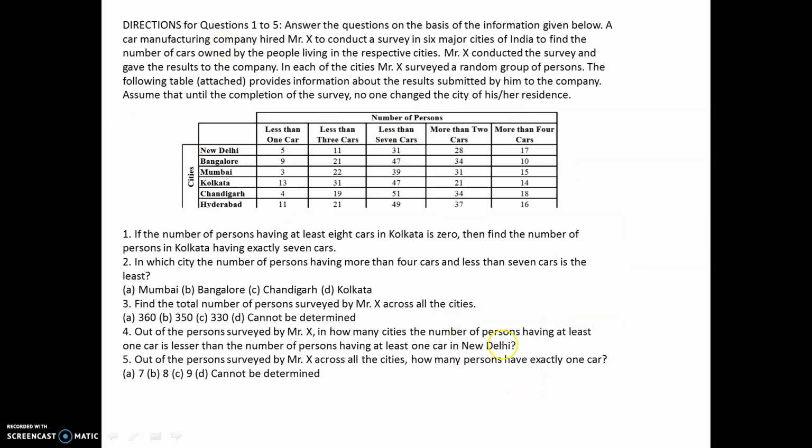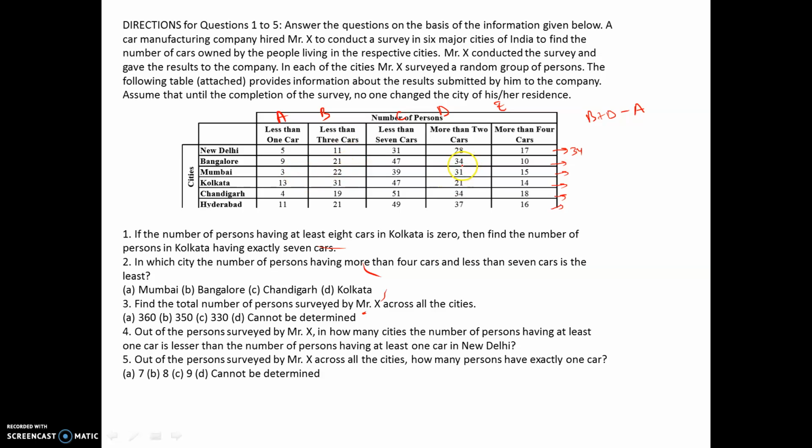So this is A, B, C, D, and I have to find out B plus D minus A, and that has to be done for each and every city, right? So for New Delhi it is 11 plus 28, which is 39, minus 5, which is 34, right? So likewise you could have done for each and every column out here. So once you derive this formula, you don't have to think much as to what we are doing. You already know that what you're doing is correct, right?